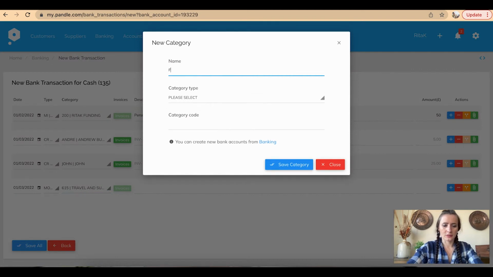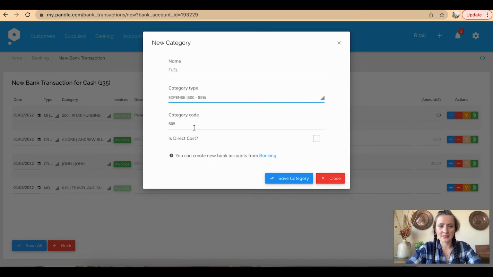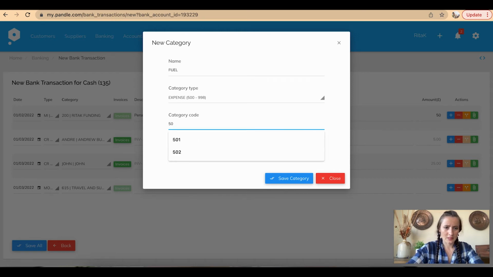Let's call it fuel. Let's use capital so it's all in the same way. Fuel, select category, it's an expense to our business, and if travel and subsistence was 615, let's select